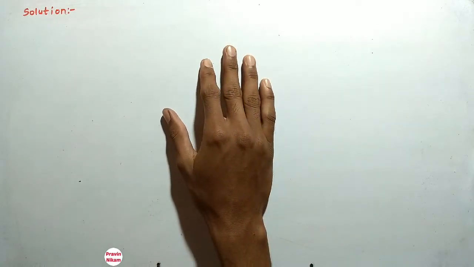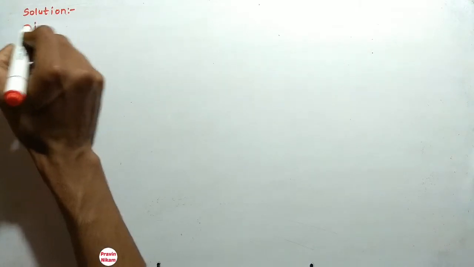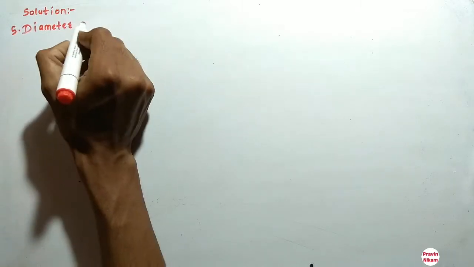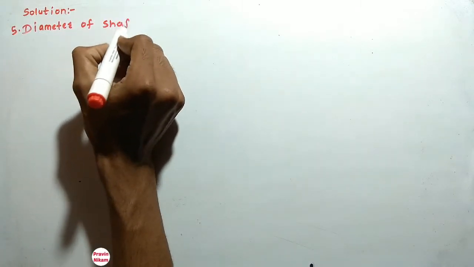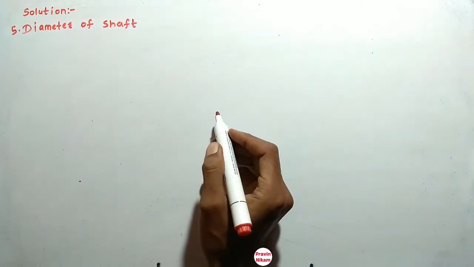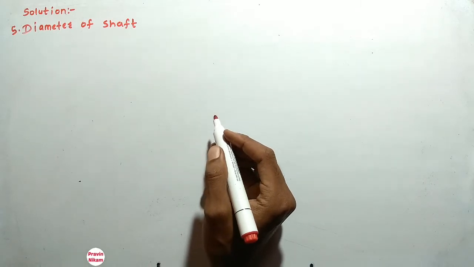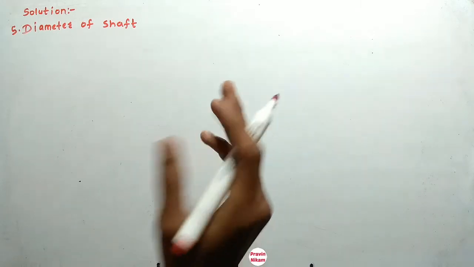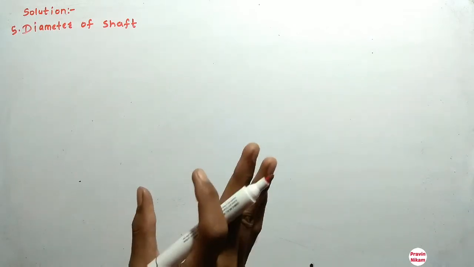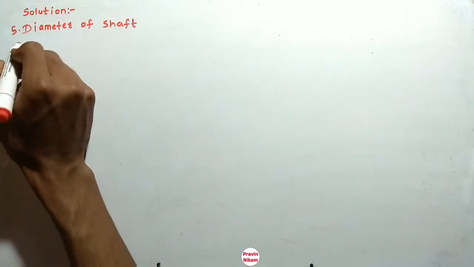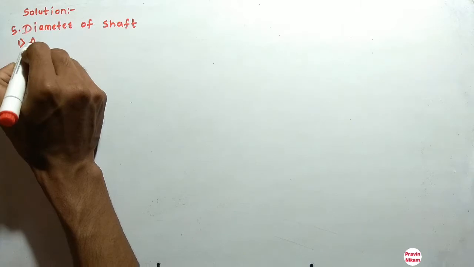Friends, we know that our ultimate aim or our final aim is to find out the diameter of the shaft. Now let us find the diameter of the shaft. The last, fifth step is the diameter of the shaft. On a strength basis, in case of combined loading, there are two methods to find out the diameter of the shaft. So first is according to